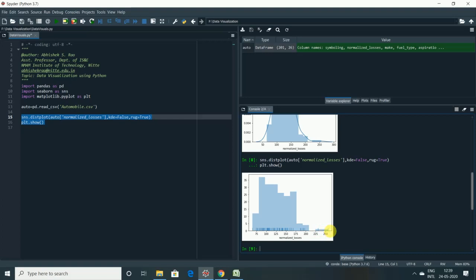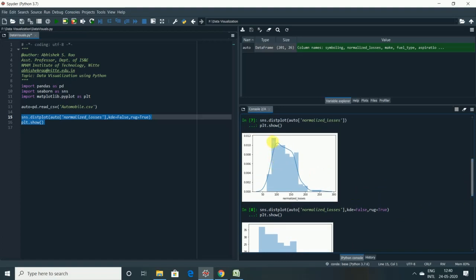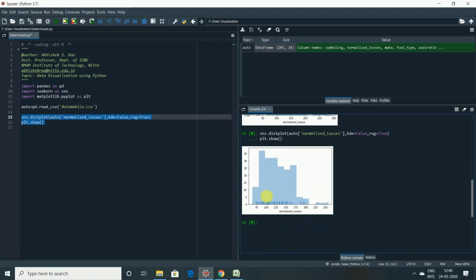You can see the histograms as well as the KD here, right? You can also see that the height of the histogram is very high with respect to the normalized loss. For the bin 100, it is giving the high frequency over here. Also, you can see the probability distribution of the frequencies is high at this particular level, and it's getting lower in the last levels. So this will give you the clear distribution of the data in a single variable. That is why we use a distplot, and these are the rugs over here, right?